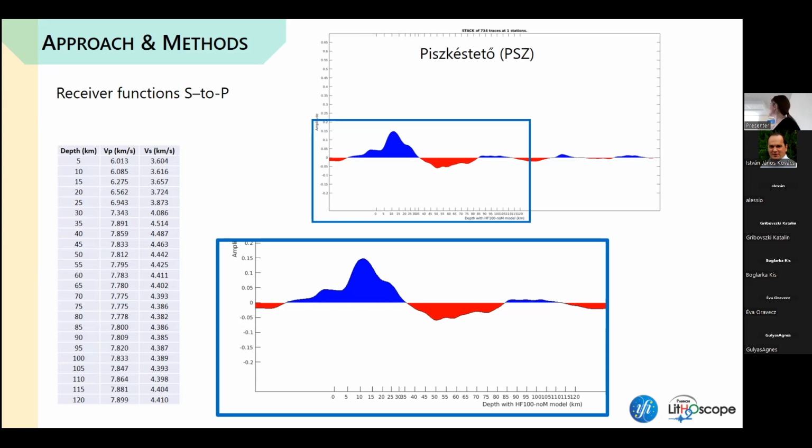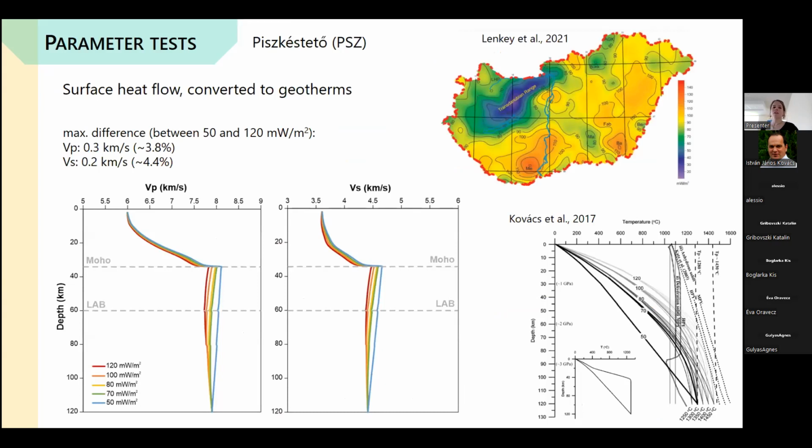Okay, so I'm going to move to the parameter test now. The first parameter is the surface heat flow, which is converted to geotherms. We use the heat flow map by László Lenkei, and also the geotherms that he calculated for this paper of Kovács et al. And here are some velocity profiles, showing different profiles calculated with different surface